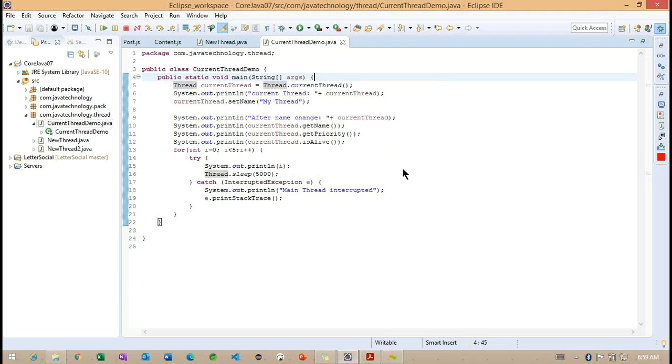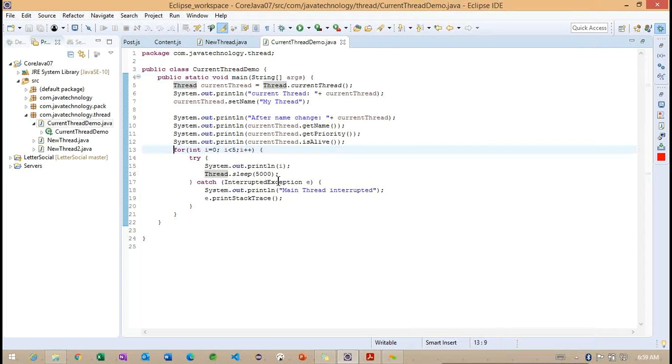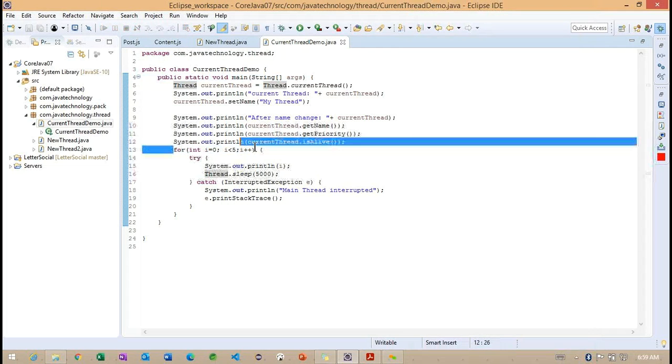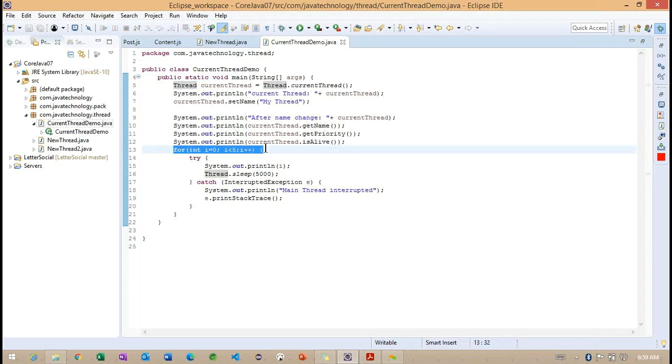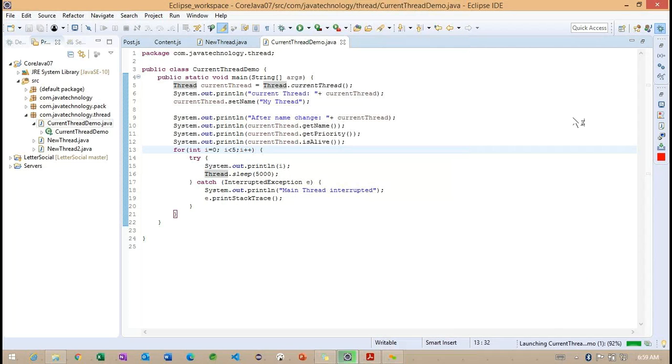Observe carefully how exactly this current thread is executing. You can see we are in the loop of this for loop here. Now you can observe this loop is going to run up to 5 times, and we are going to see the 5 values within some specified time frame.